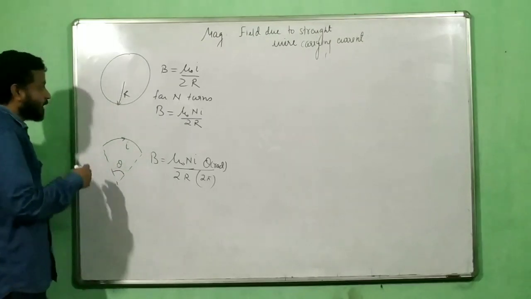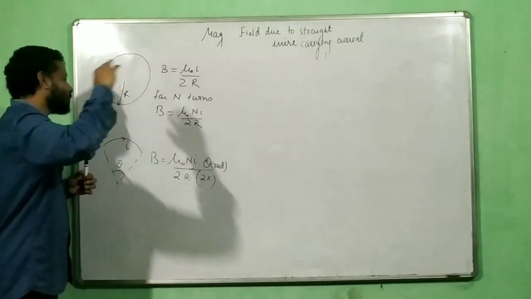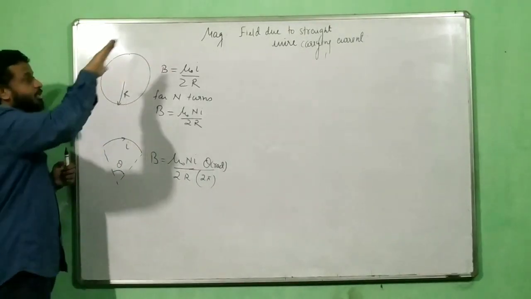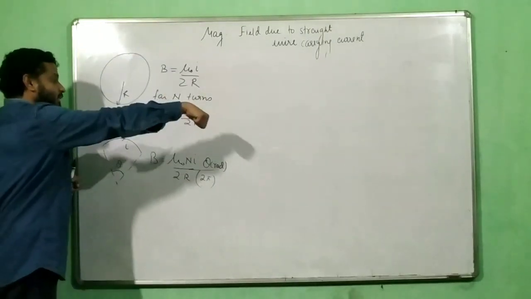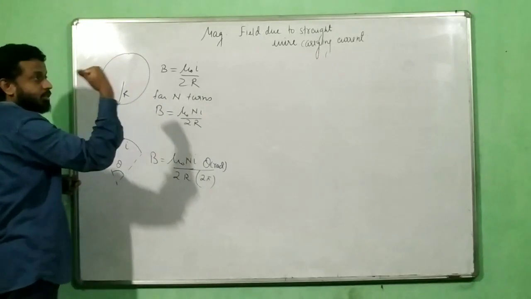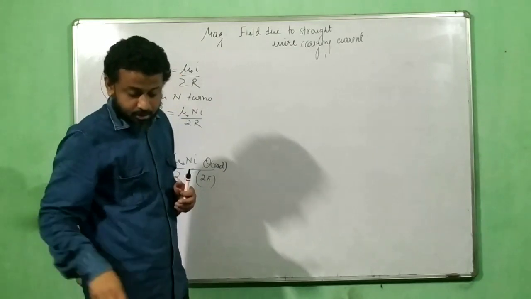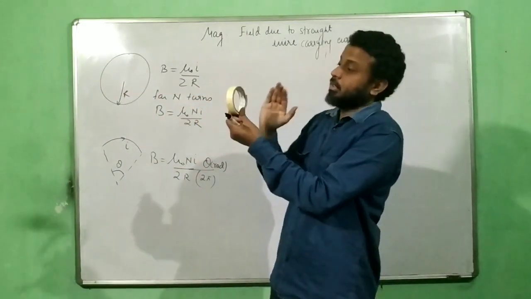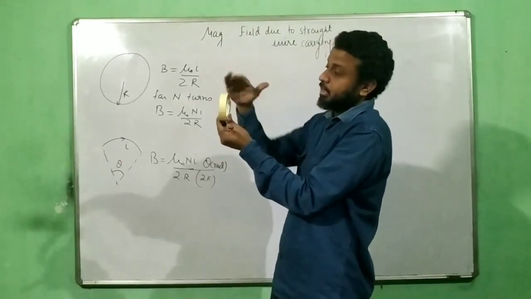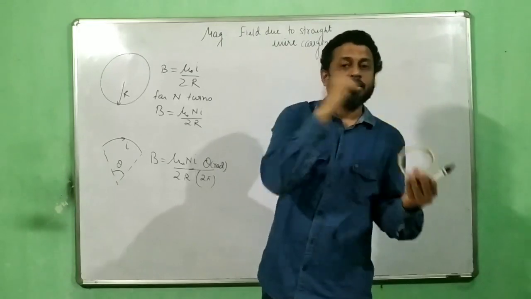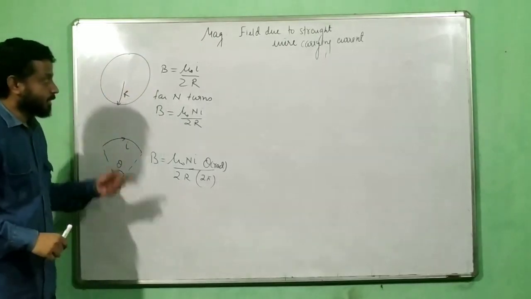And how to find the direction? Again, you have the best rule for an arc, and it is this only. Don't go to the Biot-Savart law also. Just use your right hand. Your right hand says that if the current is clockwise, then the field is inside, and if it is anti-clockwise, the field is outside. It is as simple as that, so long as you have a direction, clockwise or anti-clockwise. Just rotate your fingers in the direction of the current, and you will get the answer.